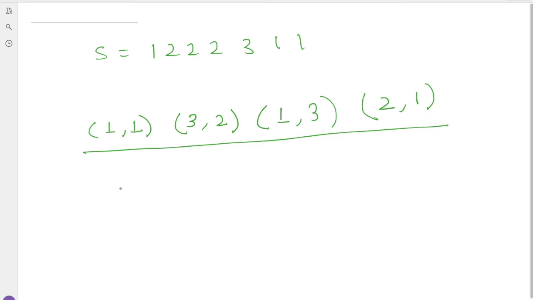For example, if I take another string, suppose 5 6 9 9 5 6 3 1 1. Suppose this is my given string. We start from the first character. The consecutive character is not equal, so the count is 1 and the value is 5.